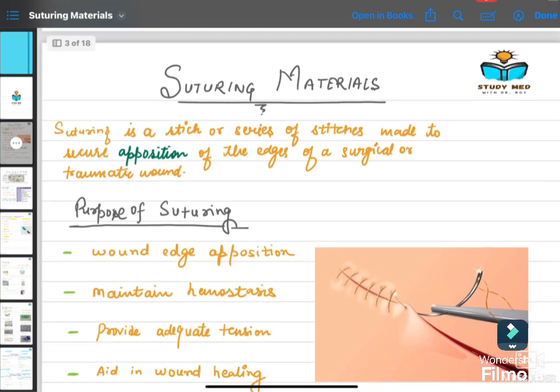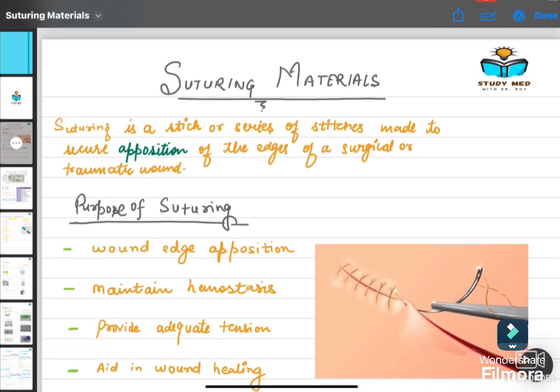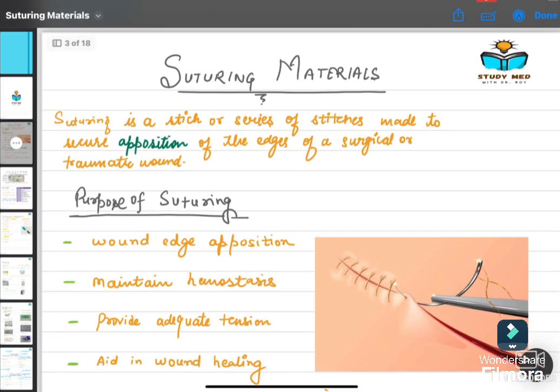What is suturing material? But before we start, what is suturing material, we should know what is suturing. Suturing is a stitch or series of stitches made to secure a position of the edges of a surgical or traumatic wound. Apposition means closing or bringing close the